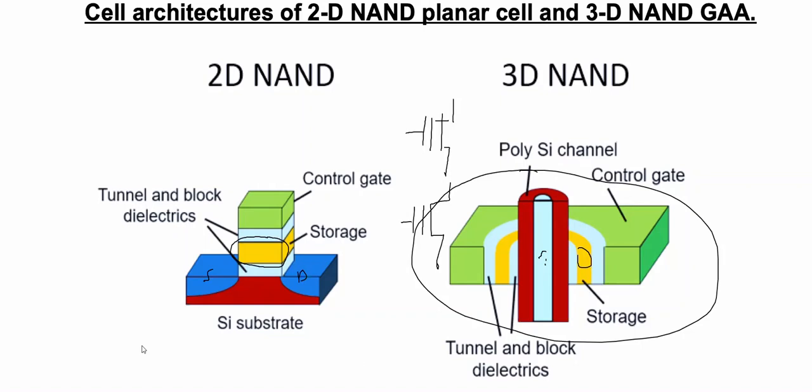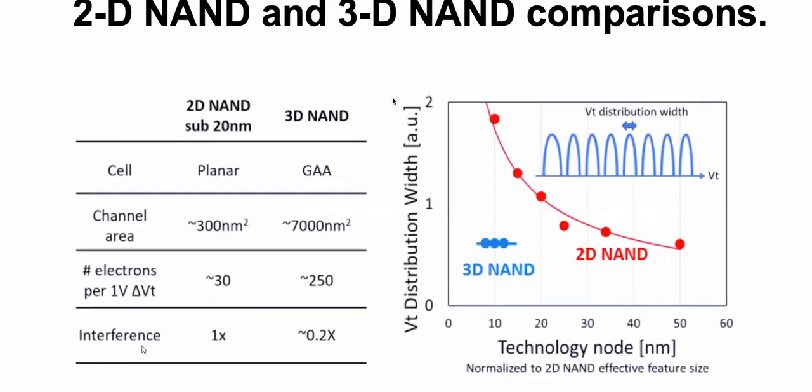This was presented in 2020, very recent. And this is a NAND flash. So in a NAND flash, you can make a vertical memory device. And because of that, you can store more bits per unit area. So what else? Instead of having one threshold device in a regular device, you can have multiple V threshold devices. And if you look at the V threshold distribution width, as the technology goes from 50 nanometer to 40, 30, 20, 10 nanometer,